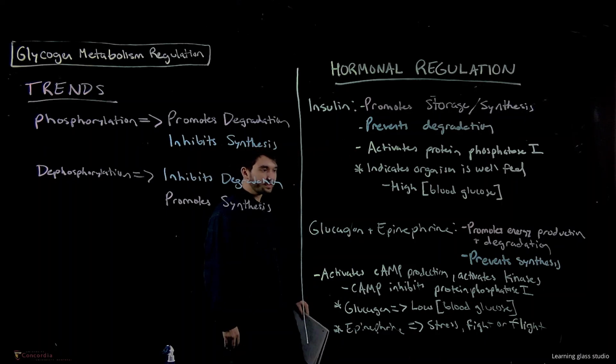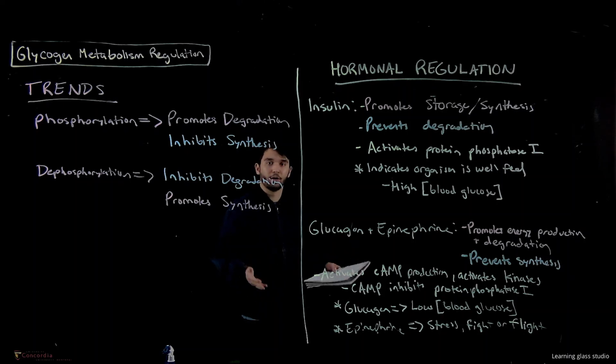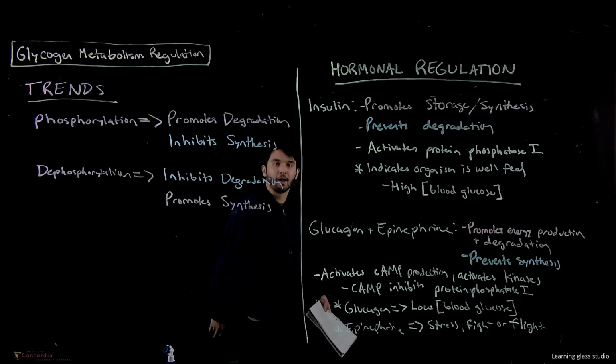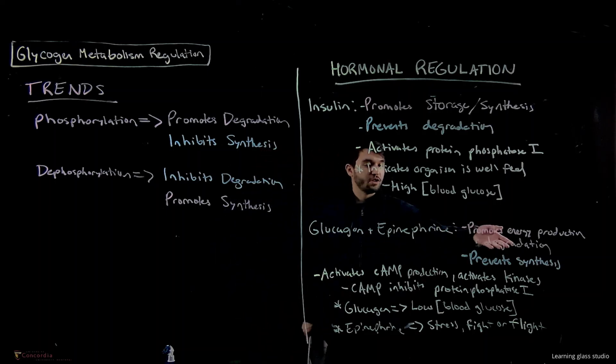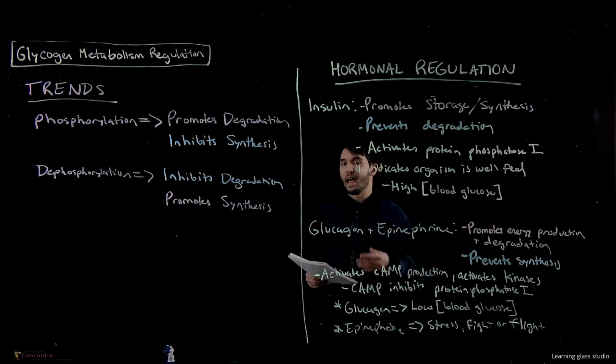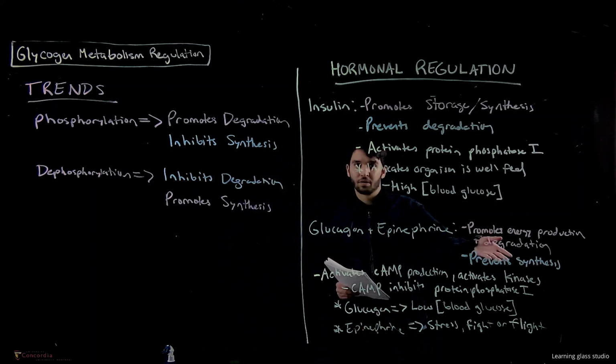Okay? Now, glucagon and epinephrine. These will promote energy production. Energy production is promoted by glycogen degradation, the production of glucose. This glucose can then enter glycolysis and produce ATP. So if we want energy, we need to degrade glycogen, activate glycogen phosphorylase, and we also want to prevent